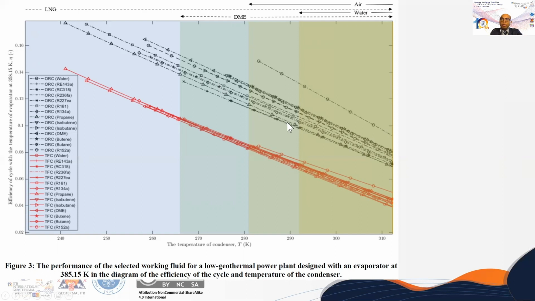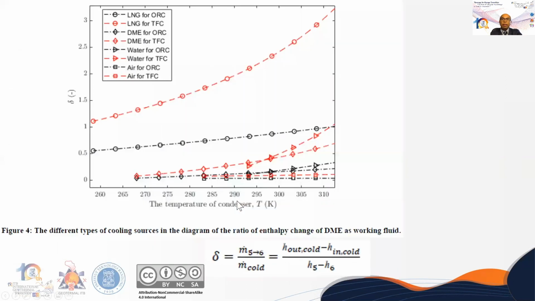And then what's more about mass flow rate in the cycle? We have mentioned that at a certain temperature range, TME as working fluid inside the cycle performs good efficiency. Therefore, in this simulation, we choose TME as working fluid as an example to determine the mass flow rate. This equation here is obtained from energy balance. So we could use it to determine the ratio of mass flow rate, which depends on the ratio of enthalpy change in the condenser.